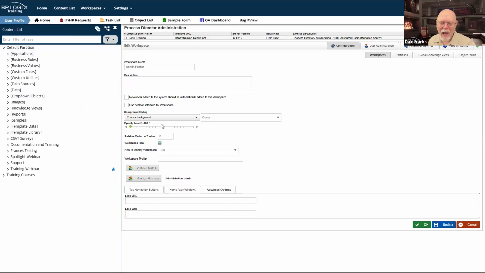So we've changed that a little bit. If you set the logo URL, we are going to refresh the logo image up here at the very top without refreshing the entire top portion. So that's just a little thing that we ran into, but you may want to consider using a custom logo for any of your workspaces.